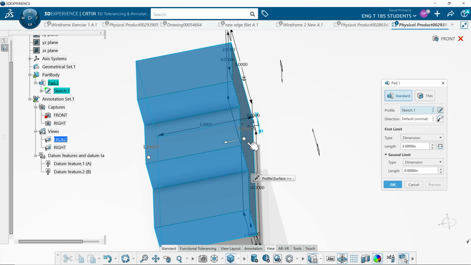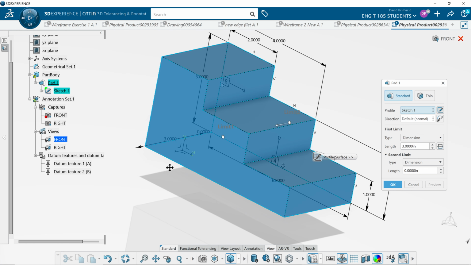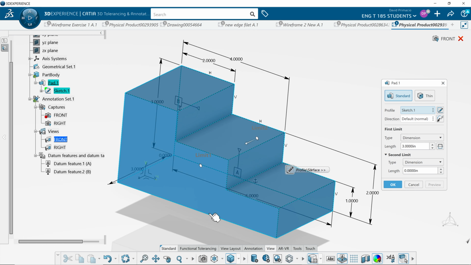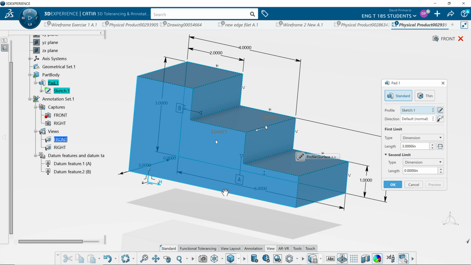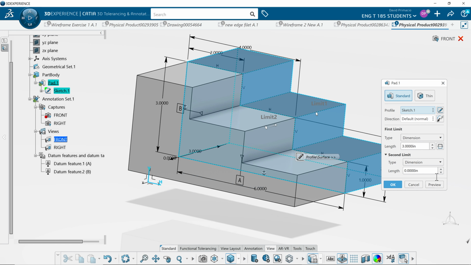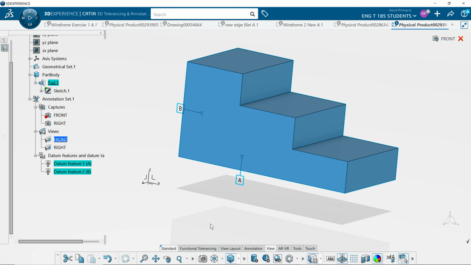So you don't want your datum C on the back. Your datum C should be on your front. Just like all your dimensions should be on the front. When I go to make a drawing, it doesn't make sense to have all the constraints on the back. All the constraints should be on the front to match the drawing that you're going to make. So you gotta reverse this direction, preview that, select OK,